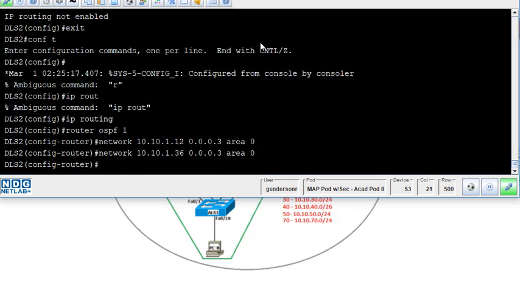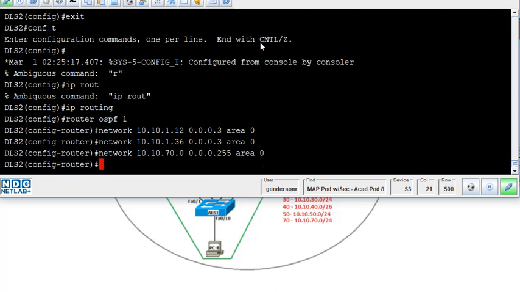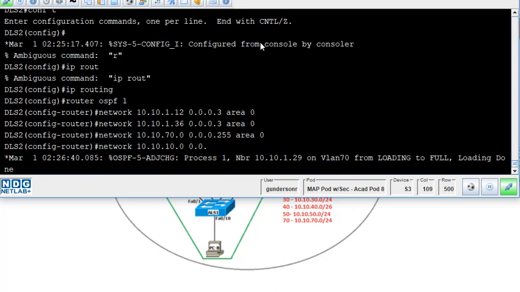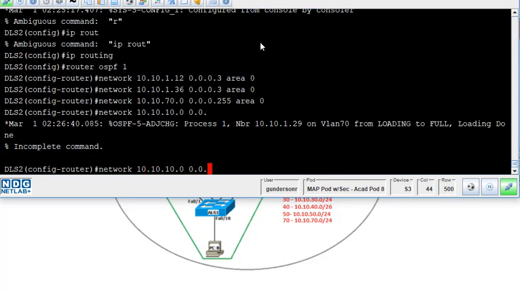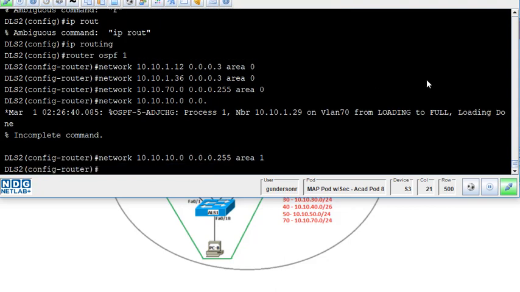And since now we've done the pure and I've kind of beaten that explanation up, let's go ahead and do that one. So our 10.10.70.0. And then the rest are all in area 1. Those are all our VLANs, so let's go ahead and configure our VLANs. Network 10.10.10.0, and these are all 24-bit subnet masks, which makes them 0.0.0.255, area 1. And you can see that across 70,